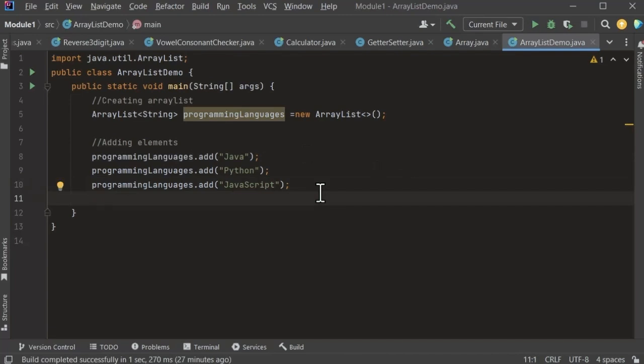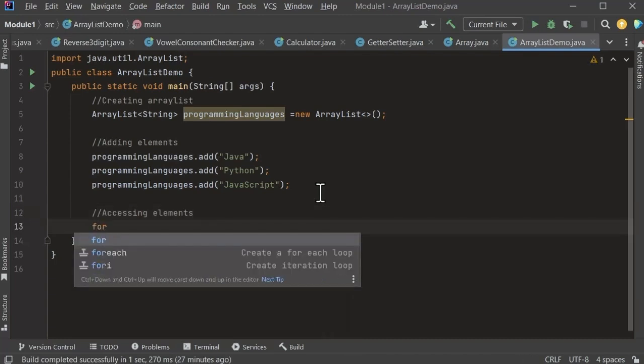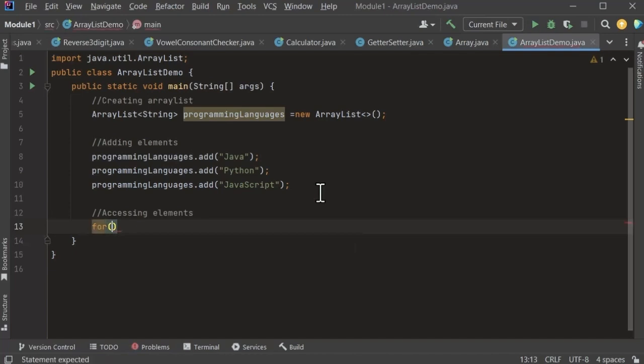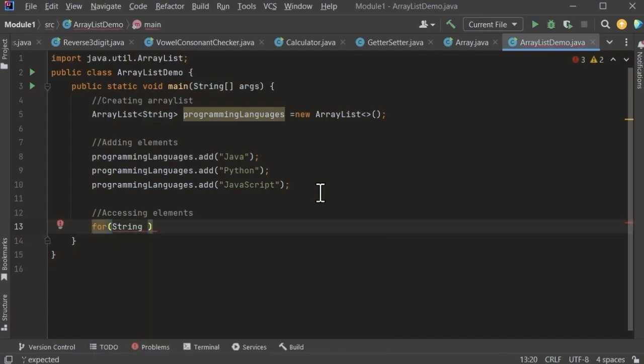Now, do you want to display this? Yes, if you want to access the element, what you are going to require is the for loop. Yes, we are making use of for each. And here, I'm just going to take my control. That control is, for example, language, that is being pointed onto programmingLanguages.